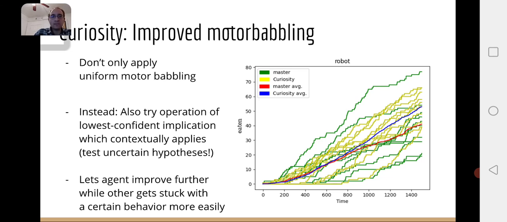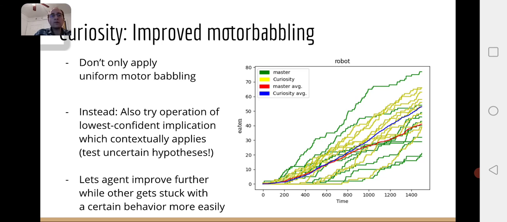And that's interesting because essentially else it will find some behavior which kind of works and it will mostly stick to it. But if it's sometimes trying out uncertain hypotheses, we actually force it to learn more about its environment,